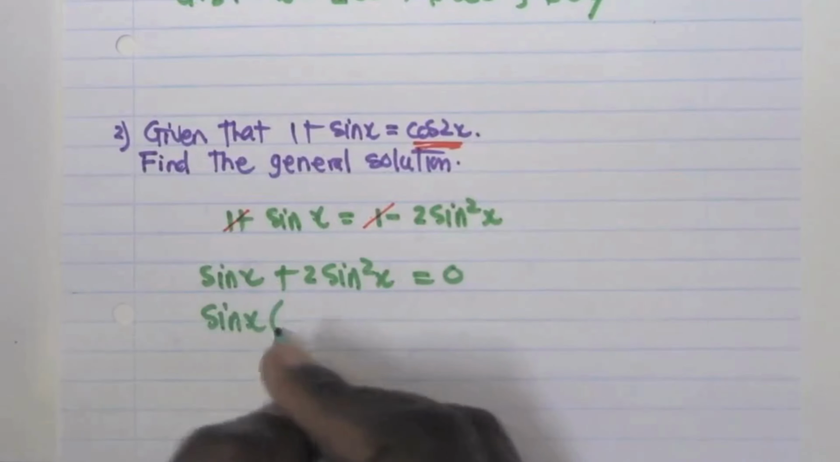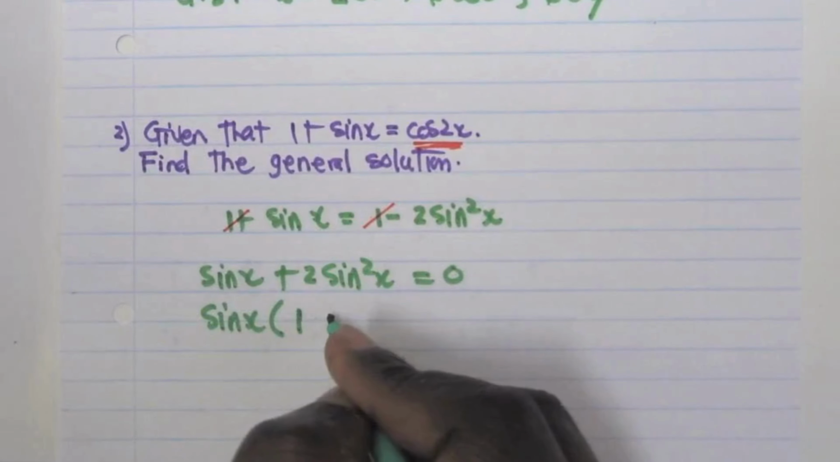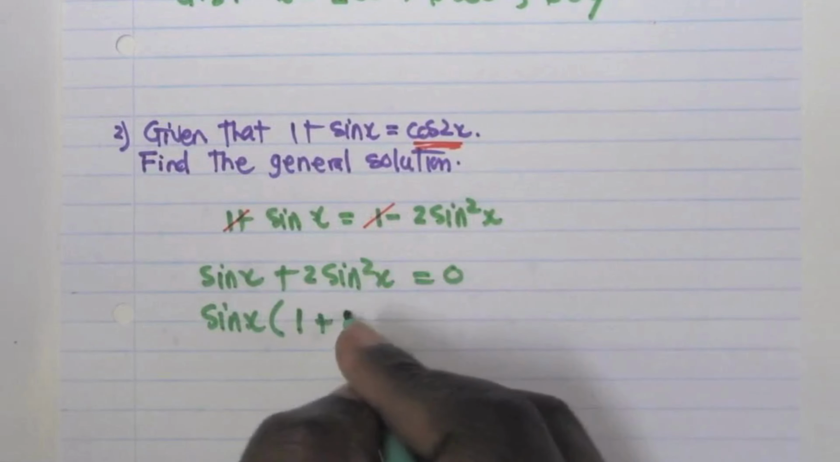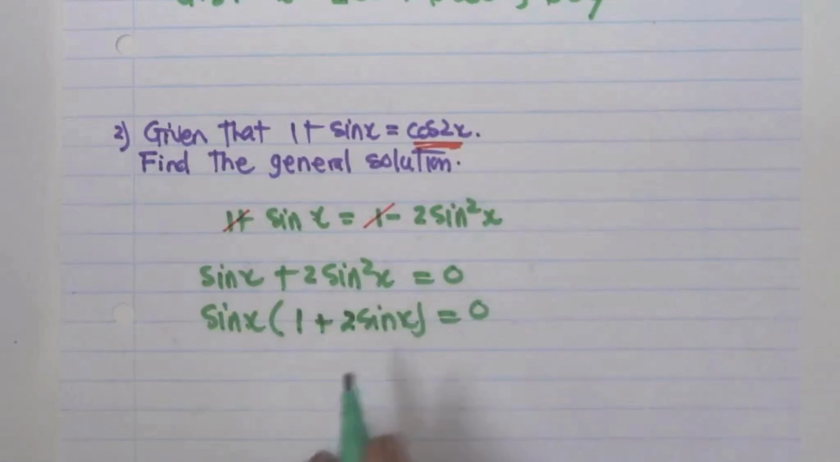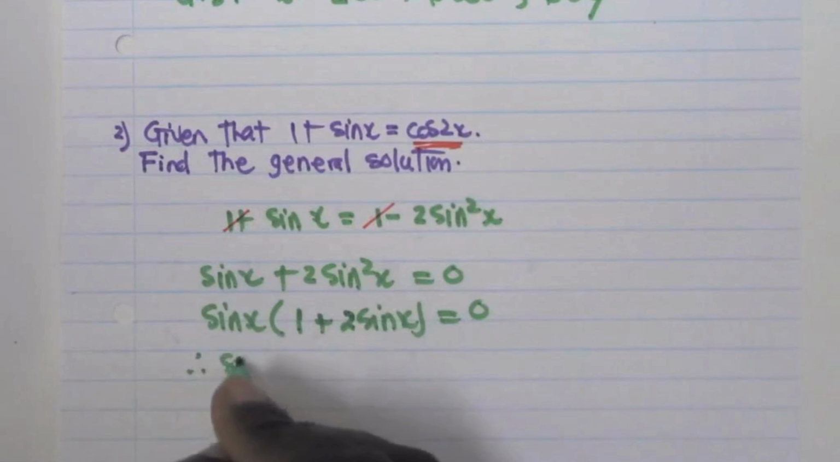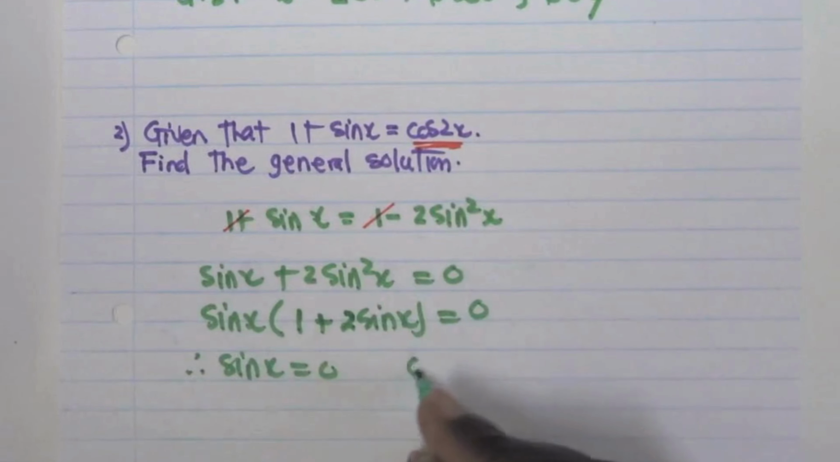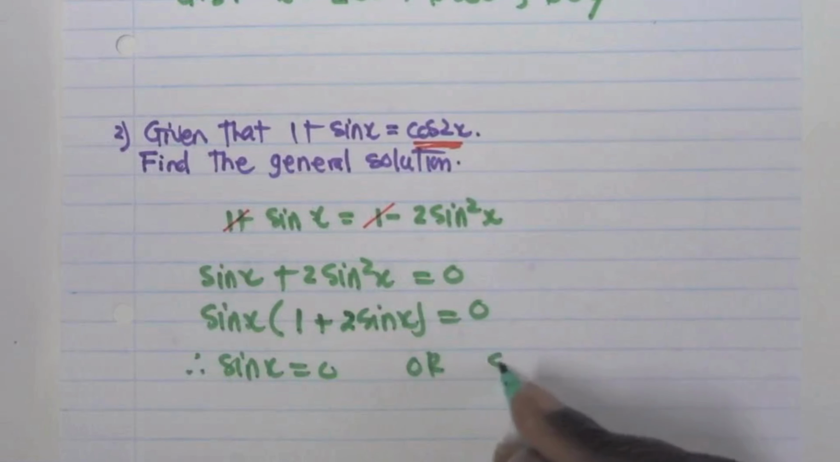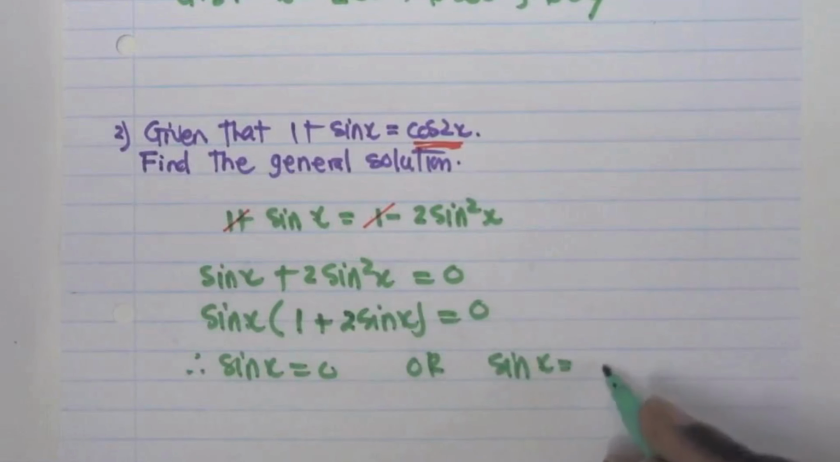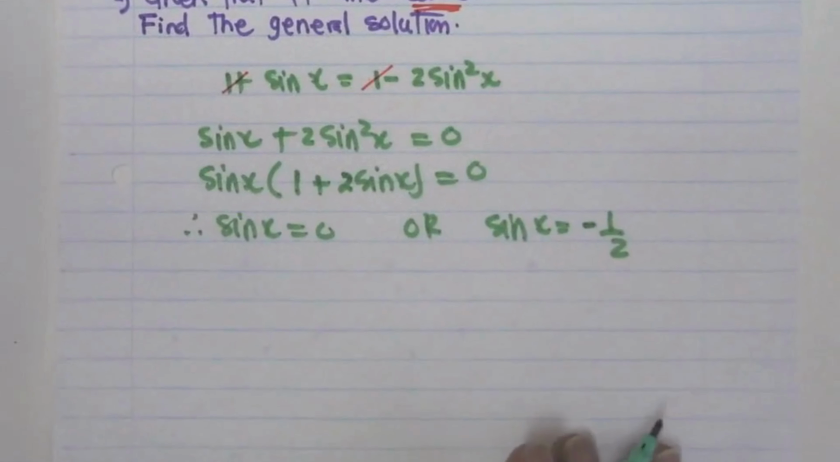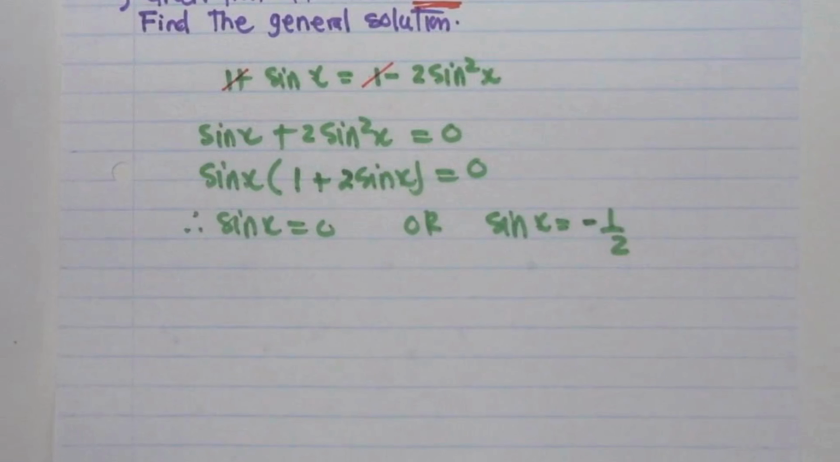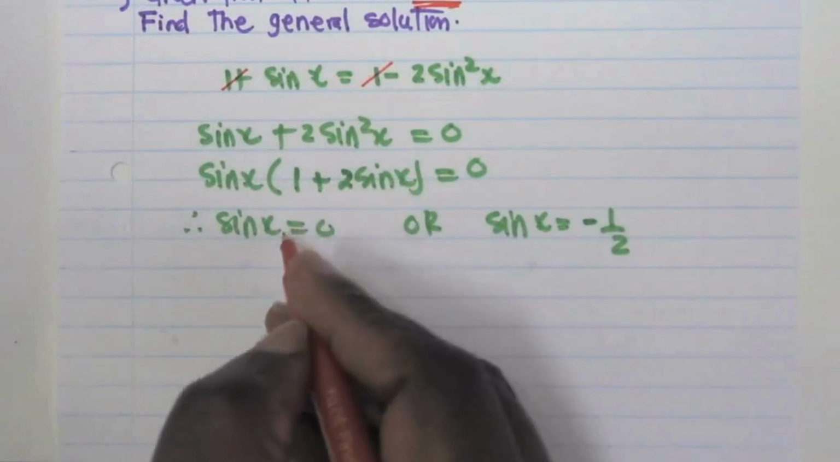I take out a common factor, I'm going to be left with 1 plus 2 sine x is equal to 0. Therefore, sine x is equal to 0, or sine x is equal to -1 over 2. And when I reach this stage here, I must do the general solutions. And if I do the general solutions here, if I pick the first one here,